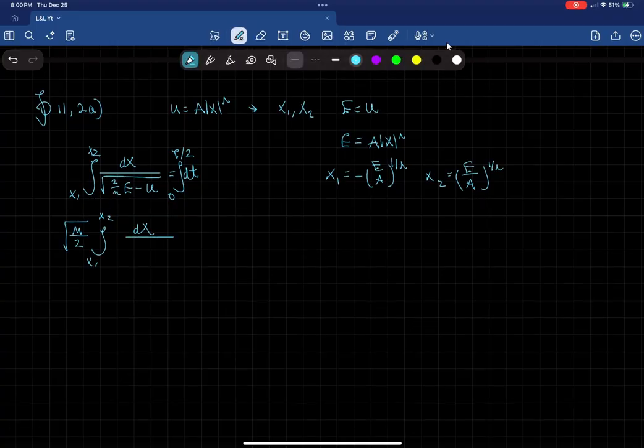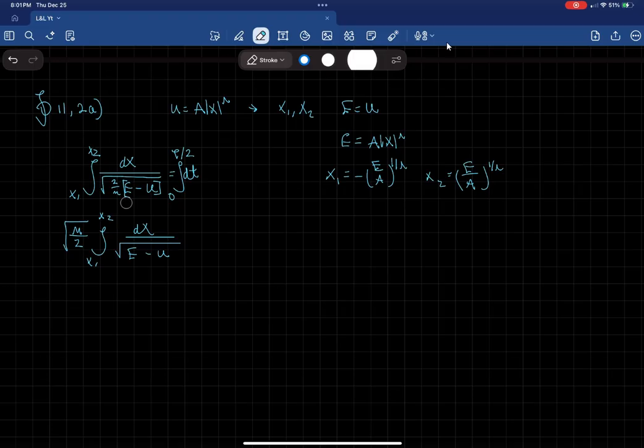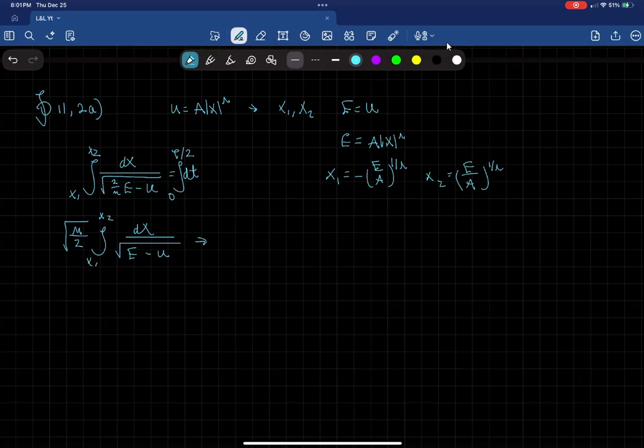So I have dx over the square root of E minus U. There are also parentheses here because it's being multiplied to the energy and the potential energy. So that's what allows me to take it out of the integrand. From there, rewriting, I get that this is equal to T over 2, moving the 2 to the other side,